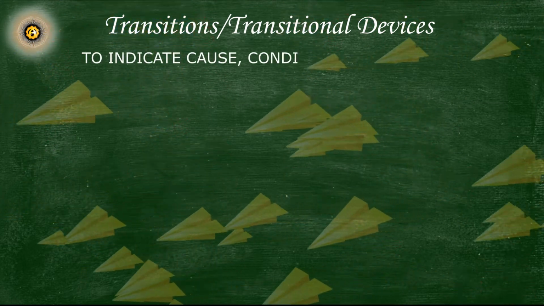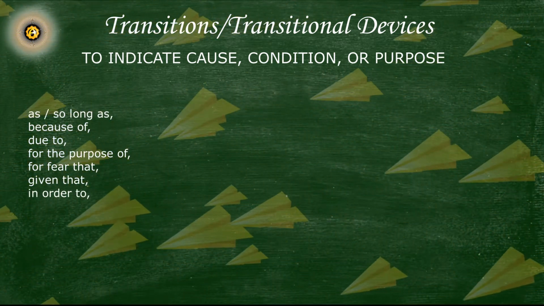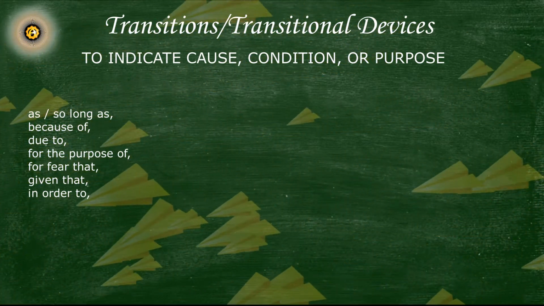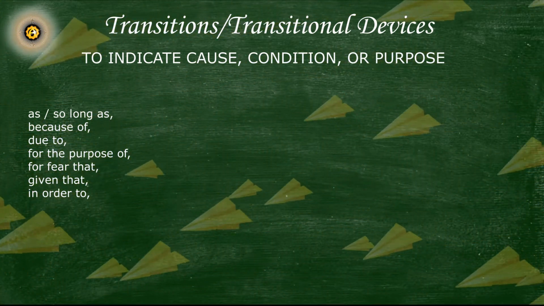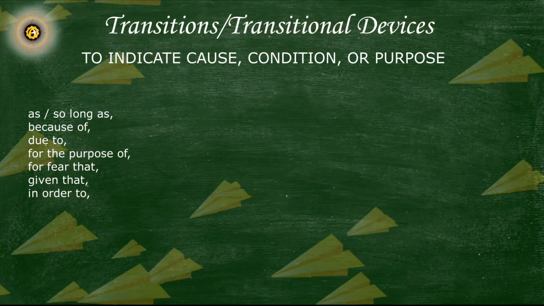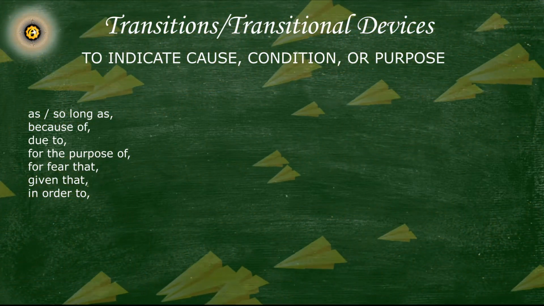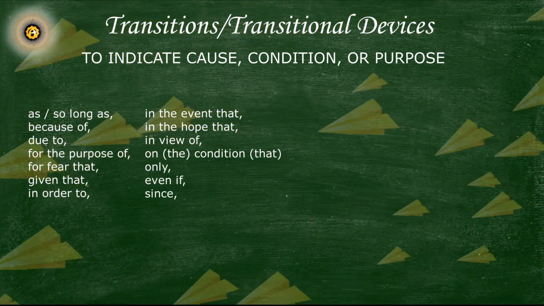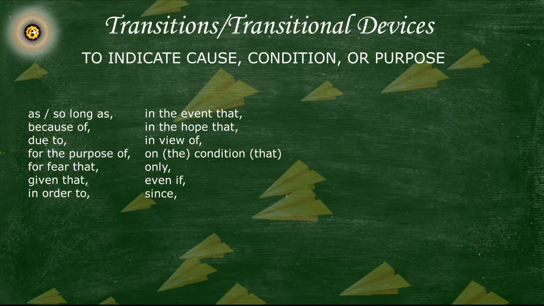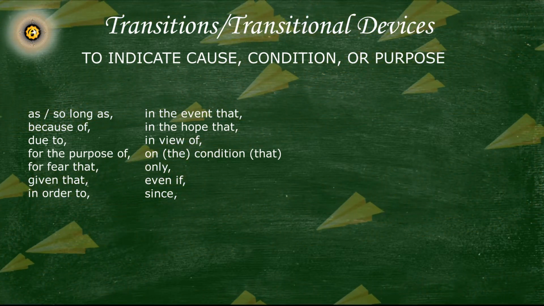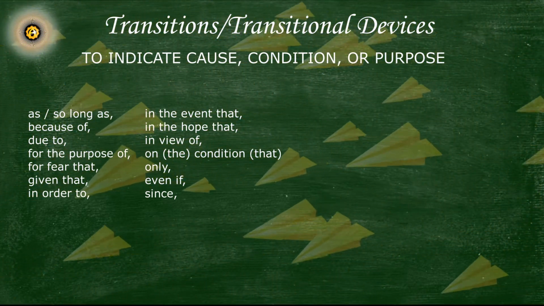Transitional words that indicate cause, condition, or purpose. As, so long as, because of, due to, for the purpose of, for fear that, given that, in order to, in the event that, in the hope that, in view of, on the condition that, only, even if,